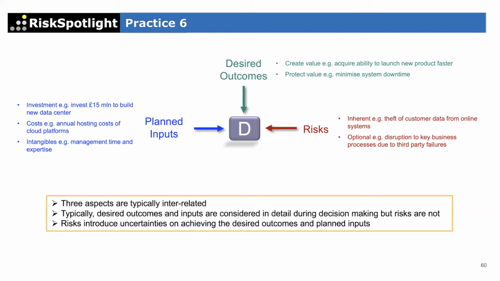Yeah. So generally, when organizations are making business decisions, they typically consider the desired outcome and the planned inputs. That's what you would have heard of as the term return on investment, where the return is the desired outcome and the investment is those planned inputs. But most organizations do a very poor job of also thinking about the risks when they're making the decision,